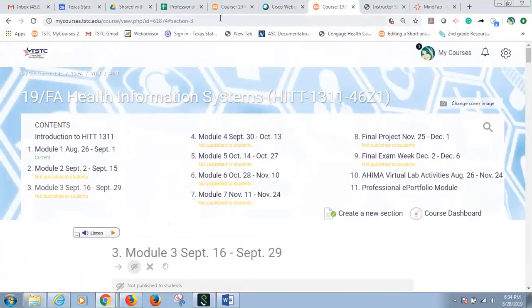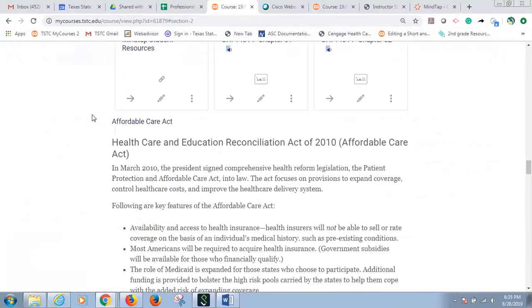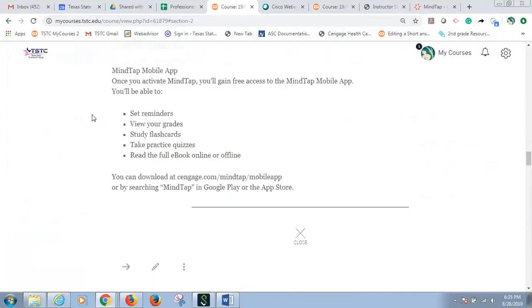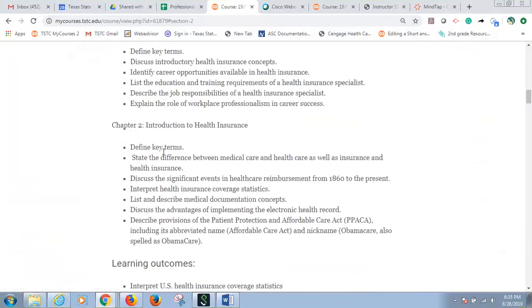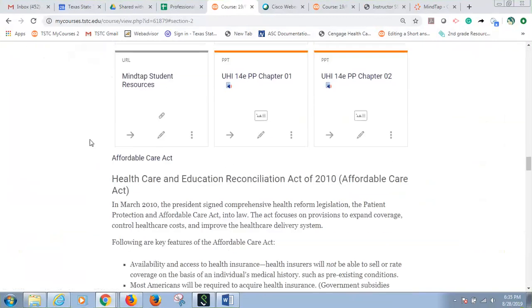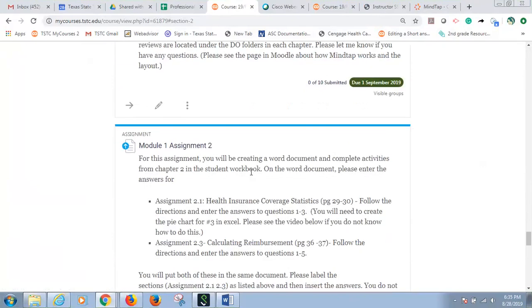No, not yet. I haven't gotten into this one. I've been doing the other one. Okay. Well, get in there and do this one because you have two. It ends Sunday. If you already have your book, there's one assignment out of the workbook, and then let's look at this module. What do we have? Okay, this is just stuff to read. So we do have a workbook assignment. It's just 2.1, 2.3.